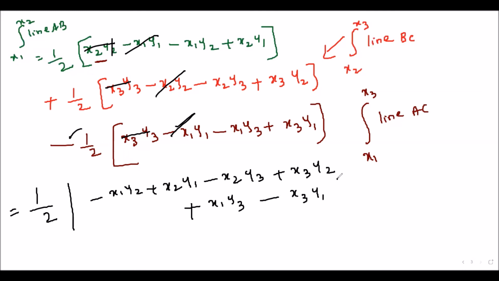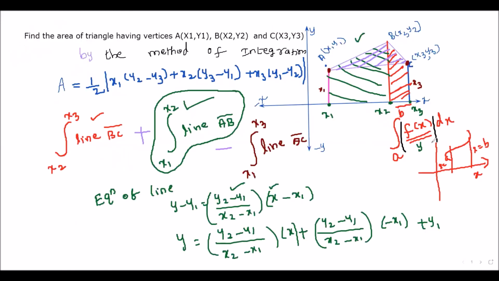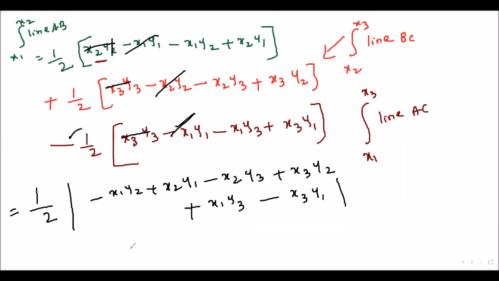So let me arrange and see, are we able to get the area formula? Remember, modulus will be written from the beginning onwards. Even in the integration area formula, you will have modulus. I didn't put the modulus here, but area is always modulus, so from the beginning we can go with the modulus. Now let us check whether we are getting this formula or not. I'm going to arrange the terms. So half mod, X1 into, let me take X1 outside. This minus is there, remember. So X1 into, I'm getting minus Y2, and X1 term anywhere, yes, here, plus Y3.